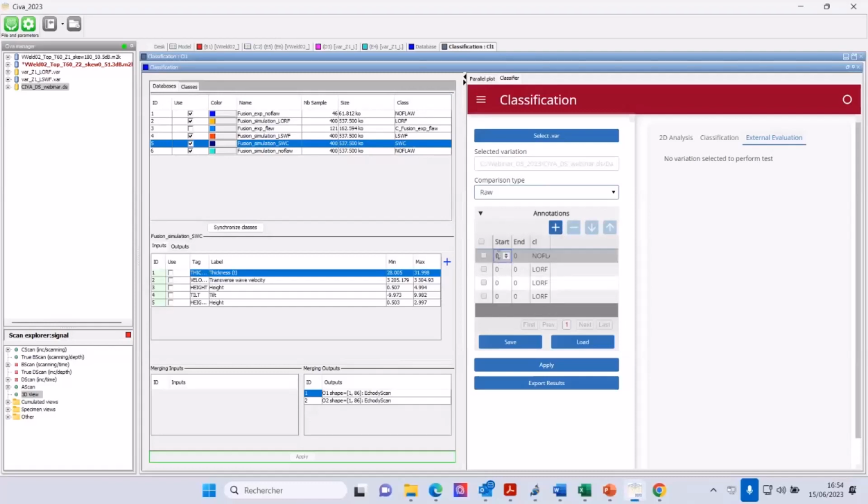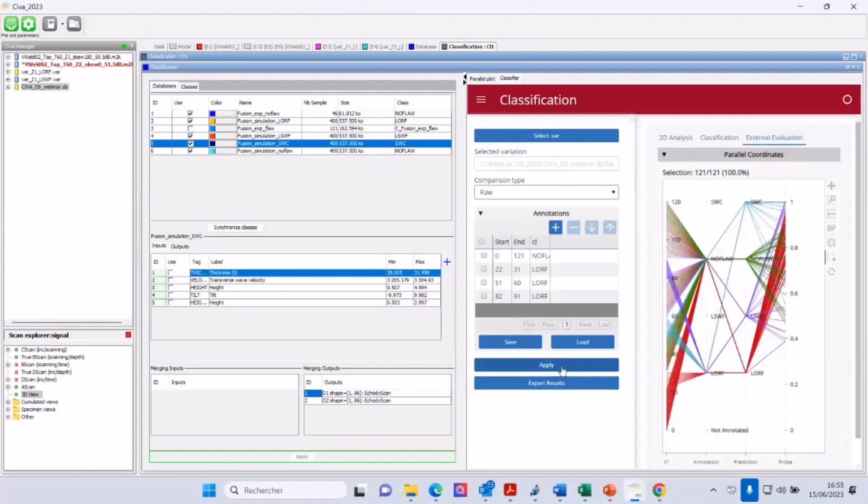We know that it's just to evaluate. Okay, so we define here, and then we apply.